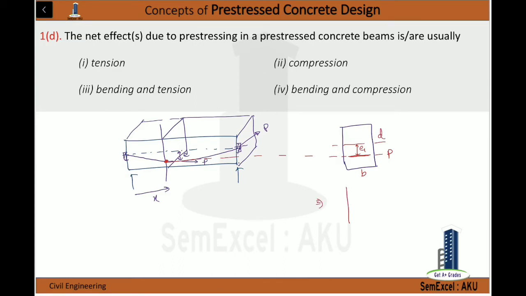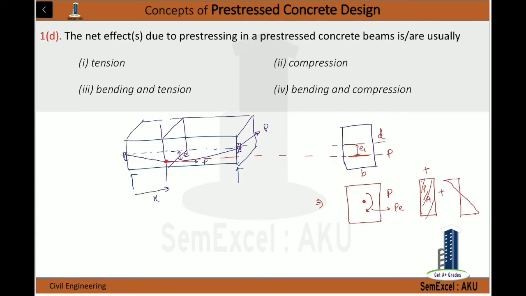We can convert this section like this. We have a load and we have a moment. This load will be equal to P and moment will be equal to PE. So if we draw the stress diagram, due to this direct compression P, we have a compressive force everywhere. P by A is a compressive stress everywhere. Let's say plus is a compressive stress, and due to this bending PE, again we have some compressive stress at the bottom and tensile stress at the top, and this is the variation.